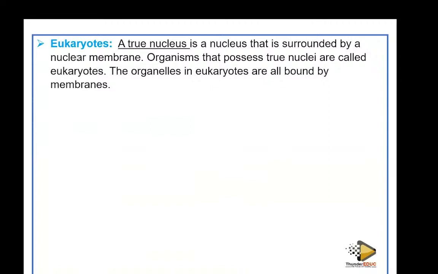There is another group which came up by classifying these organisms based on the type of nucleus organisms have. They say that some organisms are eukaryotic. When you say "eu" in science, "eu" means true. Karyote comes from the word nucleus. So it means that these organisms have what is called a true nucleus. That's why here you see that they're saying a true nucleus is a nucleus that is surrounded by a membrane, a nuclear membrane. It means that they're supposed to be surrounded by the nuclear membrane. I hope I'm clear. Now, let's look at the